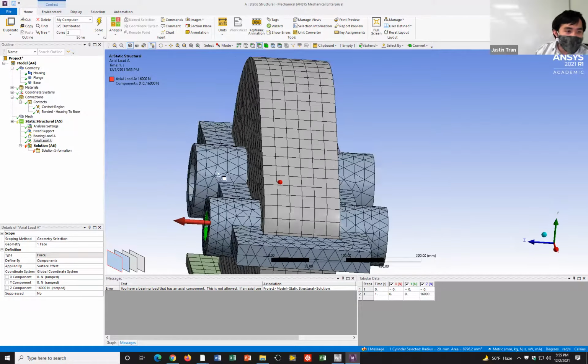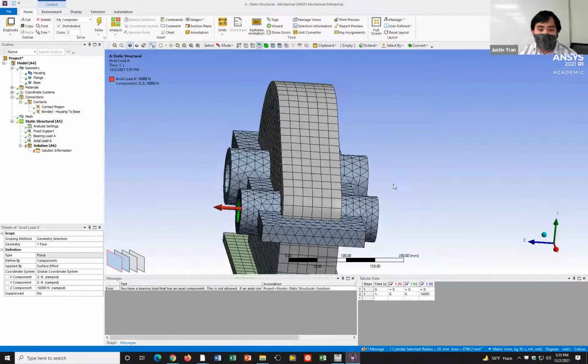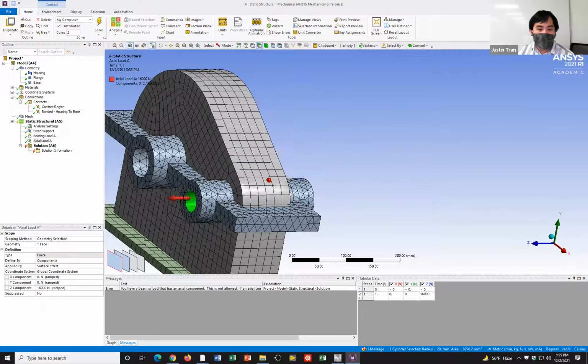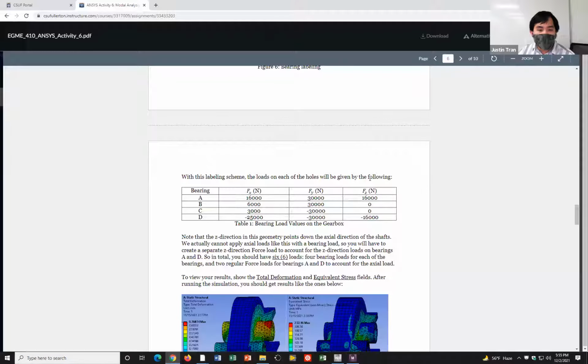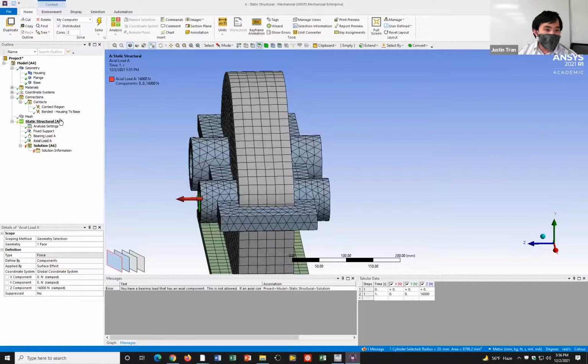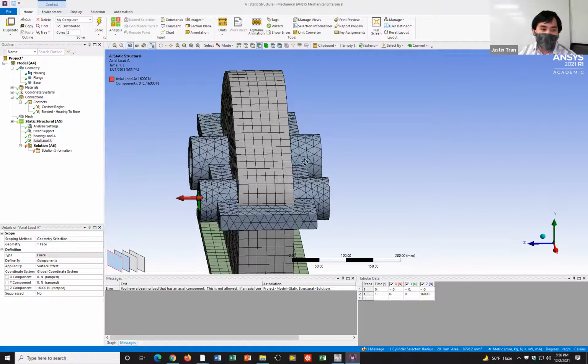Okay. And so you should have 4 bearing loads, because all four holes here have a bearing load attached to them. And so you're going to use a bearing load to apply the X and Y components of these loads. And you should have 2 axial loads, one for the hole that's labeled A and the other one for the hole that's labeled B. And so in total, you should have 6 loads. I'll let you guys do that, and then I'll come back in a few minutes just to get us to the next part.